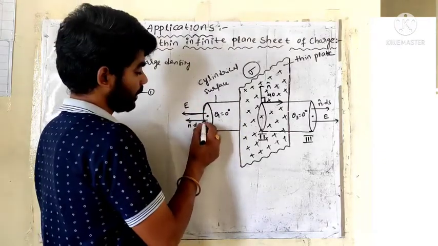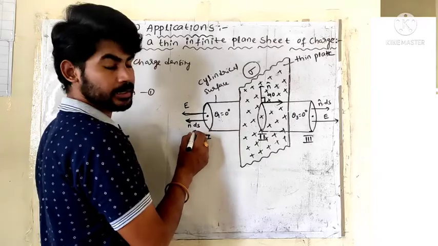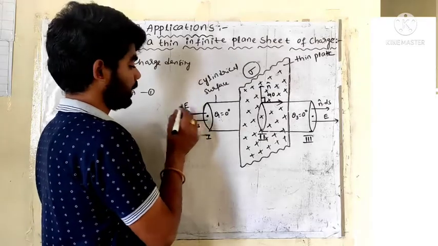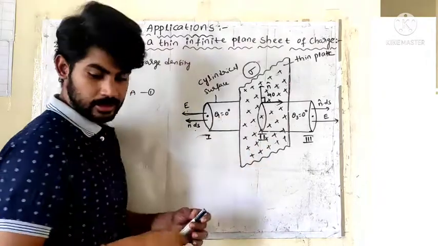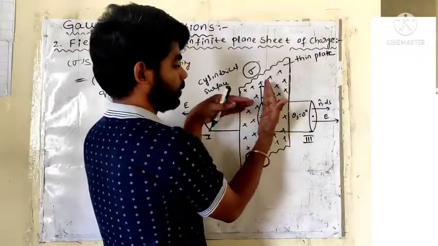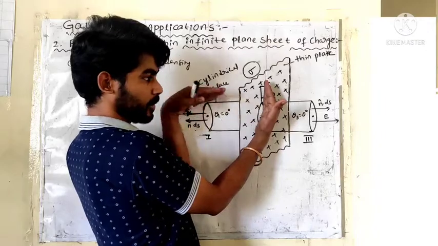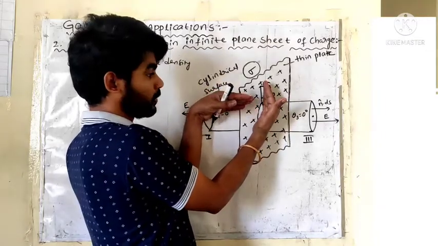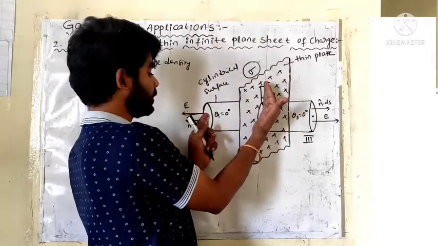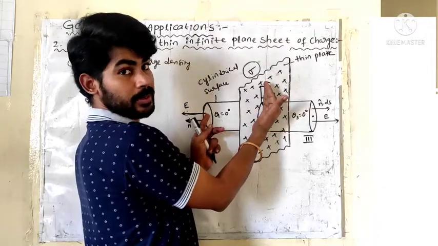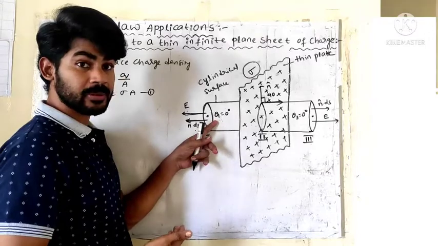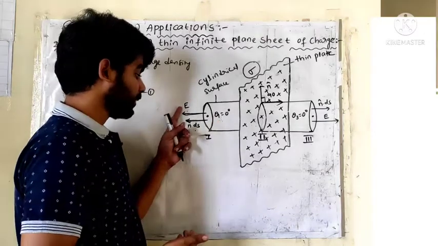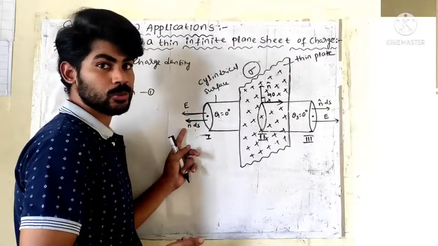Okay, so the perpendicular direction makes the area vector, and the electric field line is at the same angle. Both are parallel. So this is the plane. In this plane, electric field lines are always passing perpendicular only. So the area vector is also perpendicular to this surface. Both are perpendicular, which means the angle between the electric field and the area vector is 0.